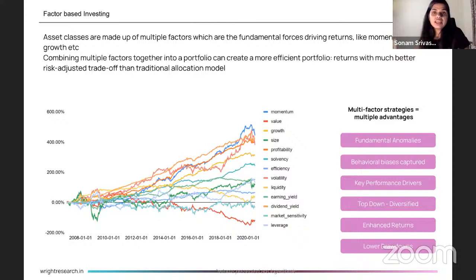अगर आप इसको लॉन्ग टर्म में देखेंगे तो फैक्टर्स हम ढूंढते ही इसलिए हैं ताकि वो मार्केट से बेहतर रिटर्न दें। तो आप अगर फैक्टर्स पे इन्वेस्ट करेंगे तो लॉन्ग टर्म में आपको मार्केट से बेहतर रिटर्न मिलते हैं। उसके अलावा आप अगर डाइवर्सिफाई करते हो इन फैक्टर्स में, तो आपका ड्रॉडाउन भी रिड्यूस हो जाता है, क्योंकि हर फैक्टर साथ साथ नहीं चलता। जब मोमेंटम बढ़ रहा होता है तो वैल्यू नीचे होता है, जब वैल्यू बढ़ रहा होता है मोमेंटम नीचे होता है, तो दोनों कॉम्बिनेशन आपको कम ड्रॉडाउन देगा, क्योंकि आपने डाइवर्सिफिकेशन बढ़ा लिया है। तो ये होता है फैक्टर इन्वेस्टिंग।